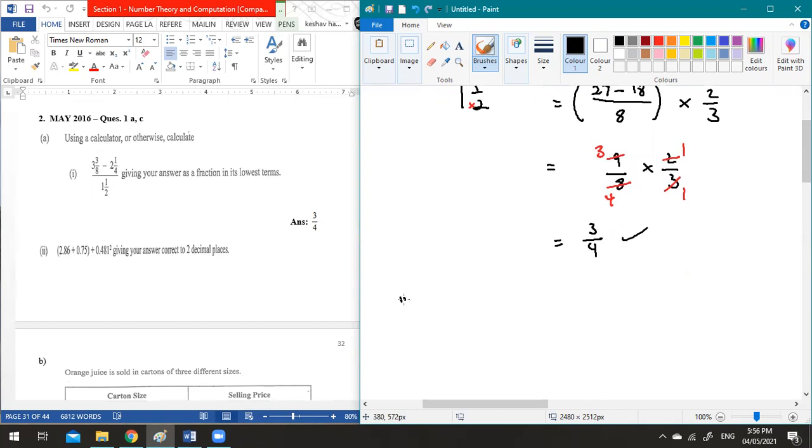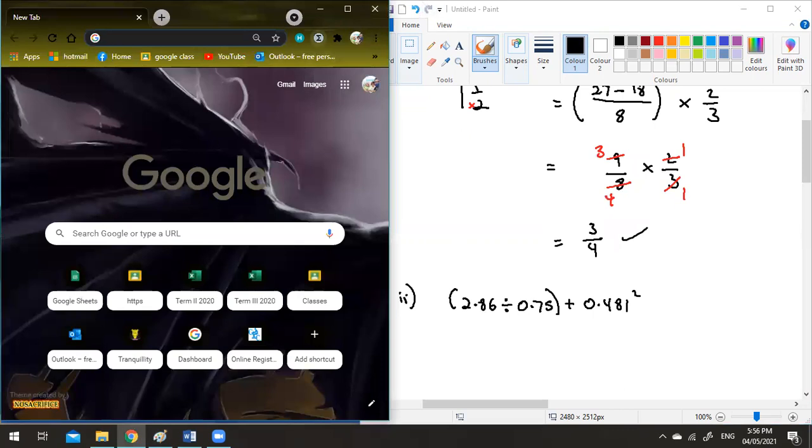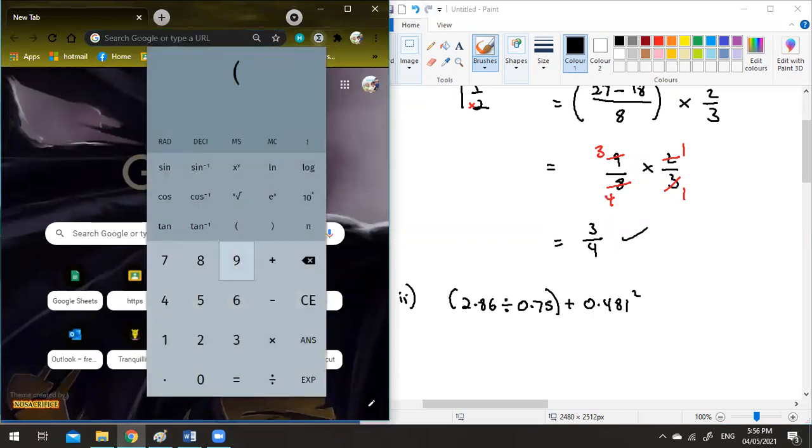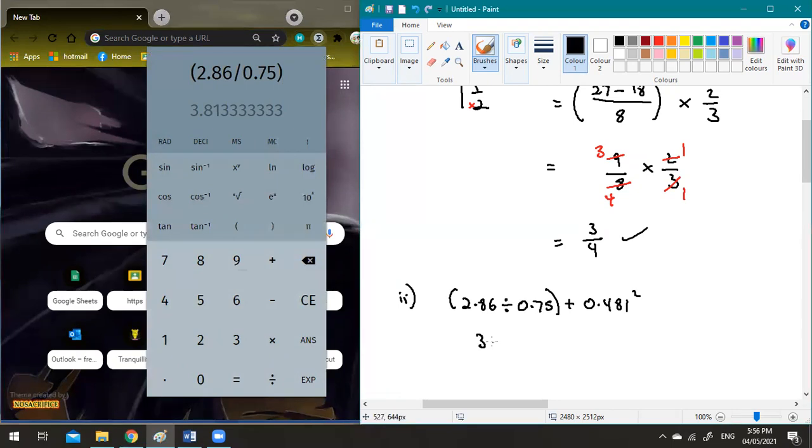And then we have part 2. 2.86, I want to believe this was a divide sign as well, 0.75, add 0.481 squared. So again, you'll have your calculator for this. You work the bracket first. 2.86 divided by 0.75. Here's your bracket. 3.81333 reoccurring, right? Add